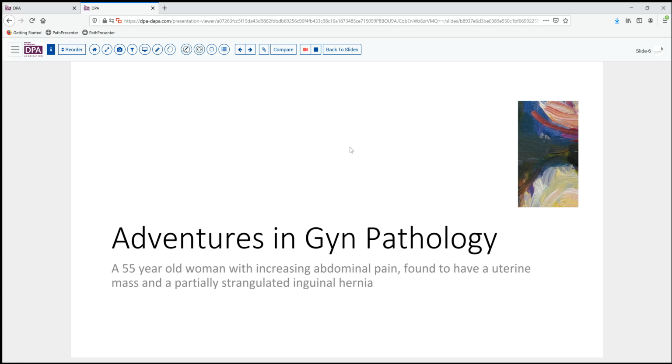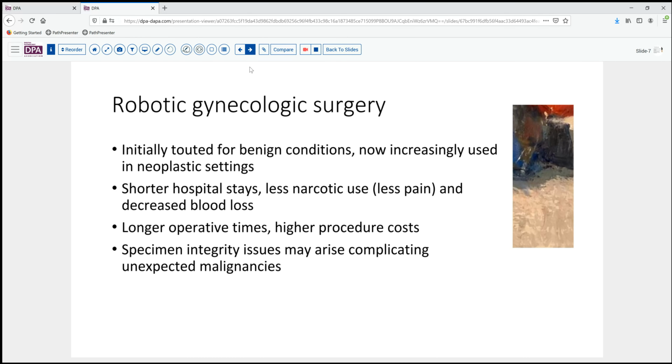Our case is a GYN case today. The patient is a 55-year-old woman who has been noting some rather severe and increasing abdominal pain. On exam, she's found to have a uterine mass, but also a partially strangulated inguinal hernia. Given the presumption that her uterine mass is probably a fibroid, because she doesn't have other symptoms of neoplasia, and that the inguinal hernia is likely the cause of her pain, the gynecologic surgeons, together with the general surgeons, opt